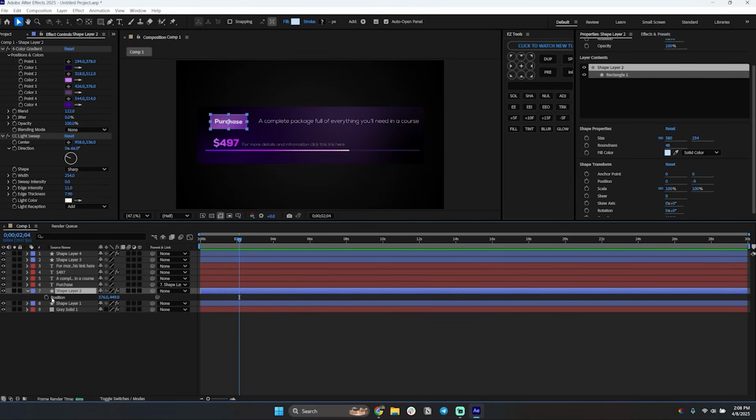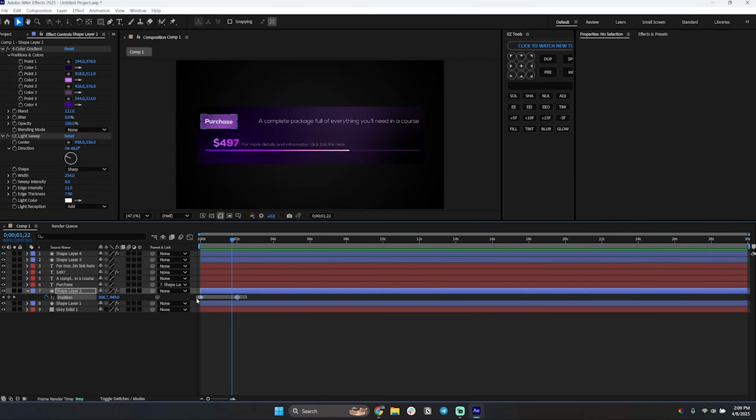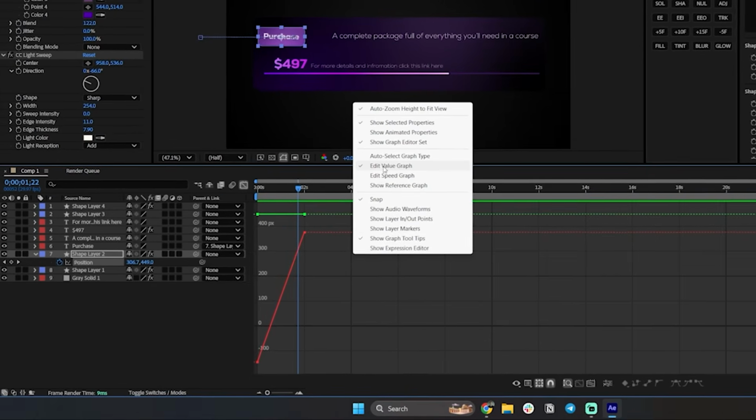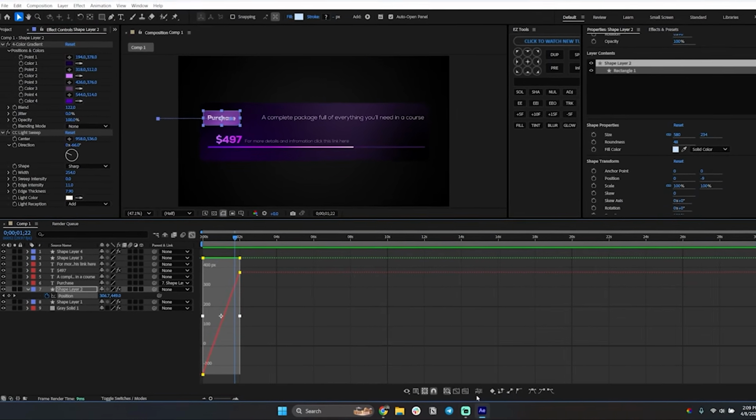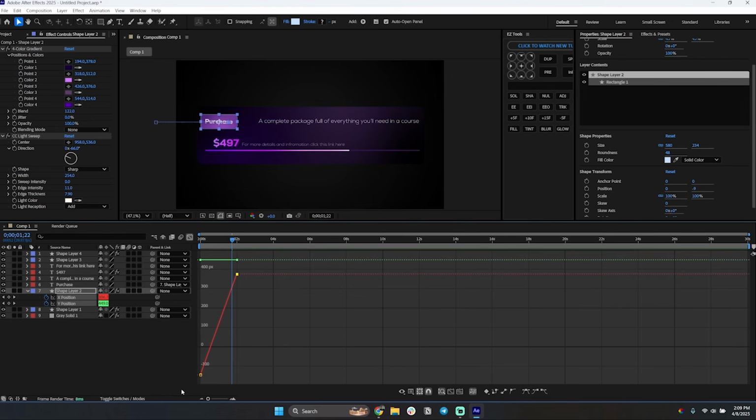We're going to click on P and move over to the 2-second mark, keyframe the position, move back, and have it start all the way off the screen on the left side. So we're going to select this, move into our graph, and make sure we're using the value graph. We're going to select our position and click on this button here. And then we're going to select this X movement over here on the X axis and click on F9